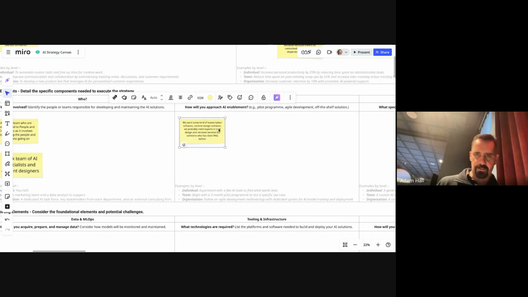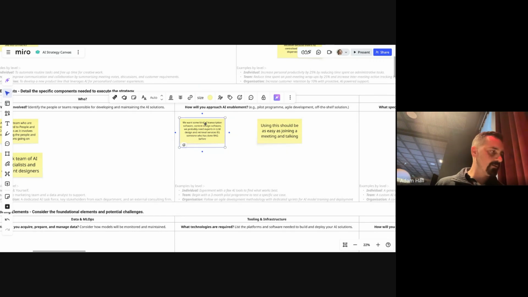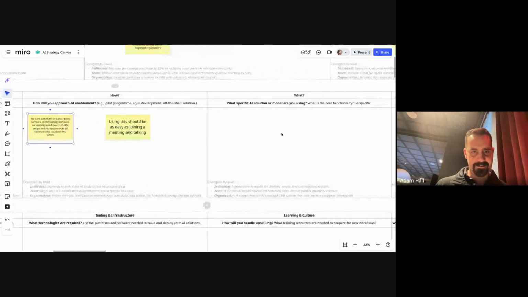But also, I would say that using this should be as easy as joining a meeting and talking. I don't think it should be any harder than that. So usage is quite easy, but what goes on behind the scenes is the clever AI stuff.